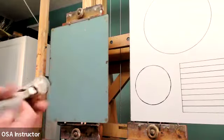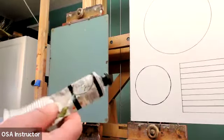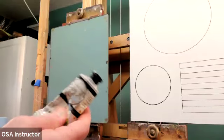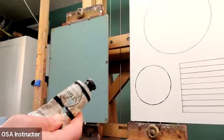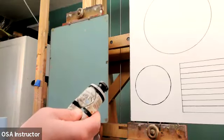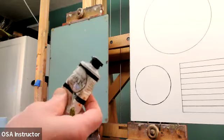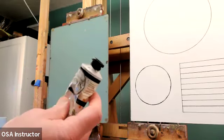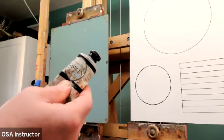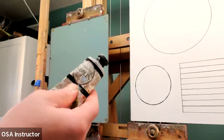I did also grab a tube of black. If you really have a hard time getting away from black, or you really want to make some true dark colors, I might suggest for the oil painters in the group, chromatic black. I find it alters the colors the least. It does a great job of darkening the color, but you know, if you add black to a red, generally